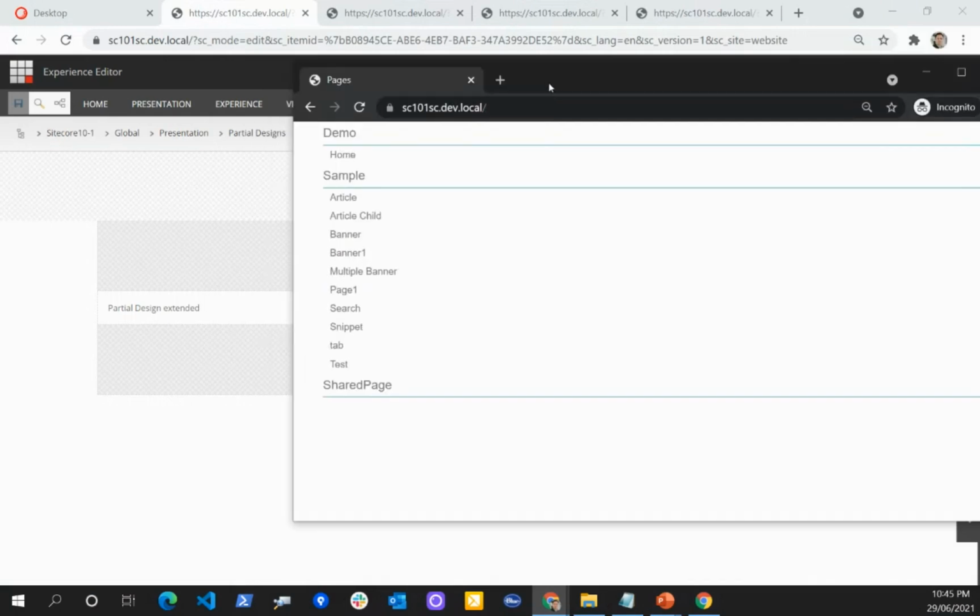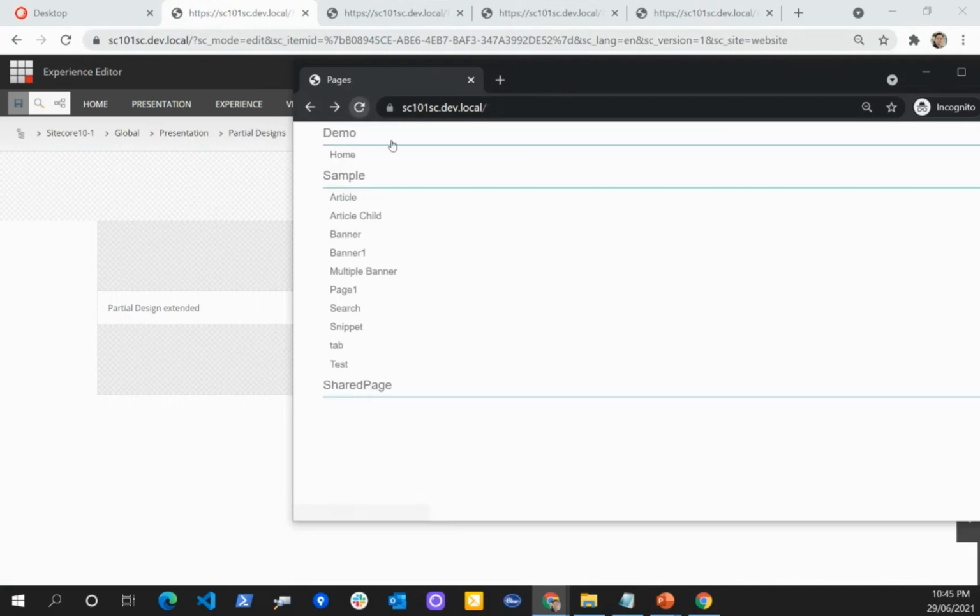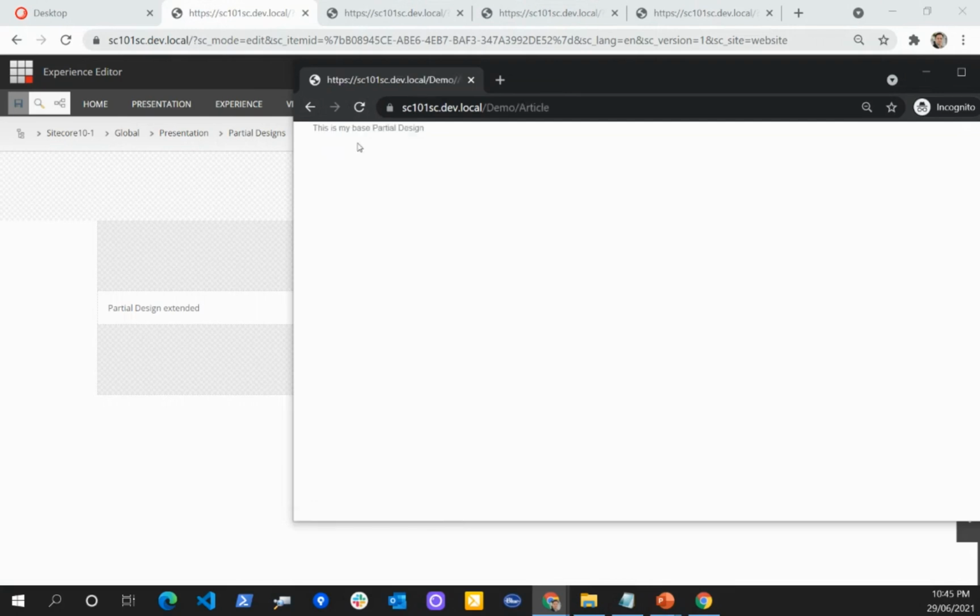If I refresh this page, under the home for the demo, I can now see this is my base partial design.